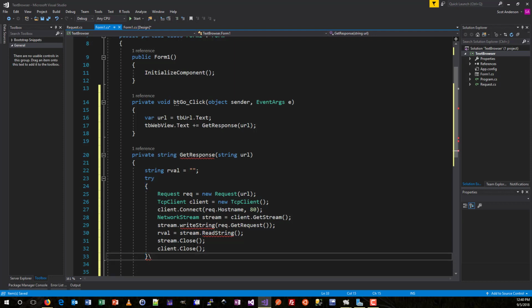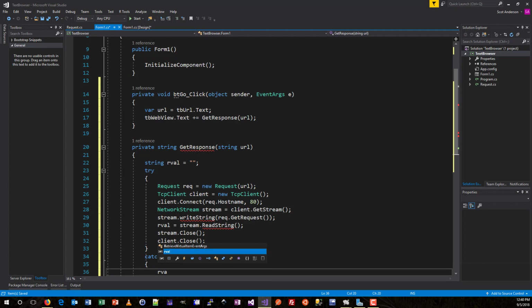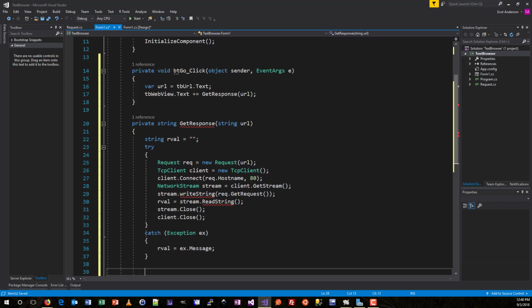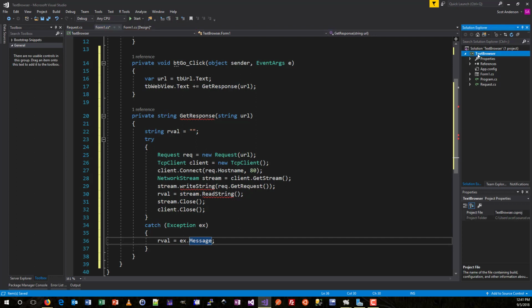Whoops, come on. Catch exception EX. And we're going to say rval equals ex.message. So this allows me to get everything, all the streams, read, written, close everything, and if something goes wrong, I'll at least see the message. Now, we don't have the write string and the read string,